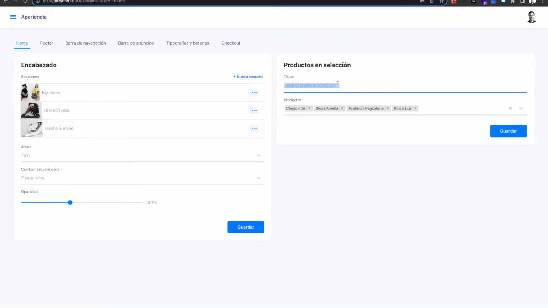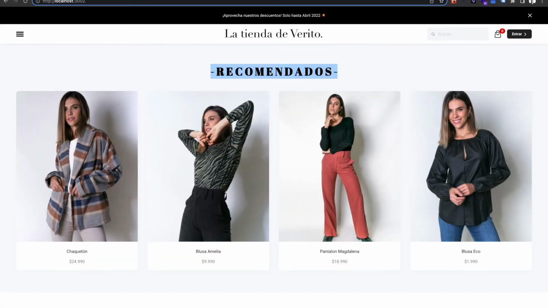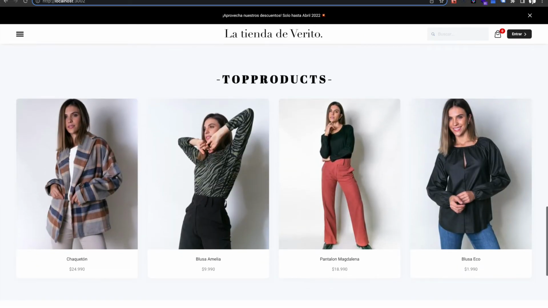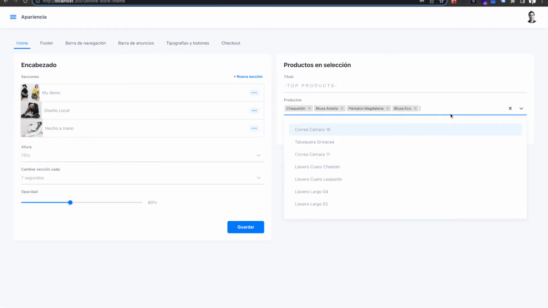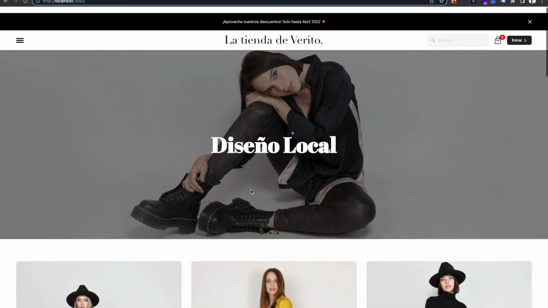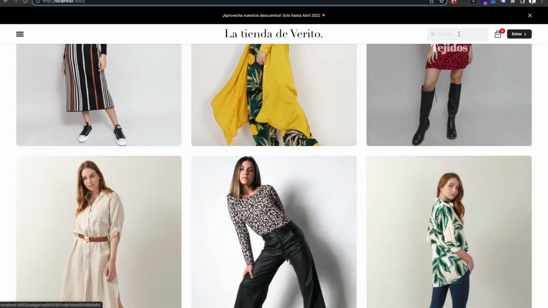For example, we're going to say top products. I'm going to add a little space here so it's easy to follow. We save, reload the website, and you're going to see top products. Here you can also select, from all of your products, which ones you want to put in here. Once the customers are here, they can also look up products on the search,